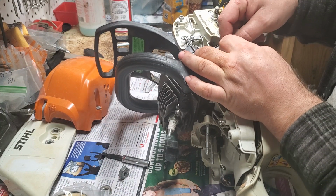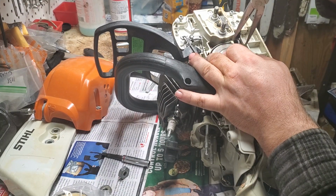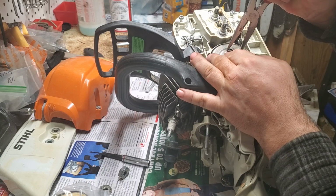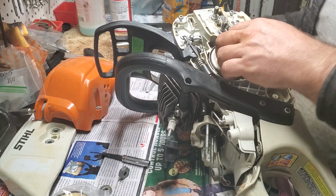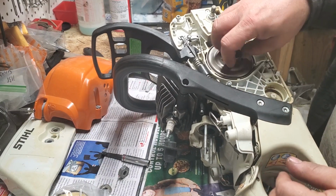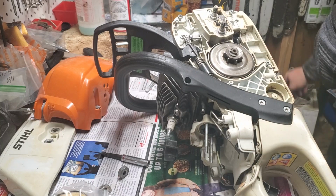I'm surprised because almost everything, even their tiny little crankshaft seals, they've got Stihl stamped into it and a part number, which is awesome when you need a part and the part number is stamped right into it. I love that. Okay, so that's good. That's functioning fine. Alright, so next, on the MS271,